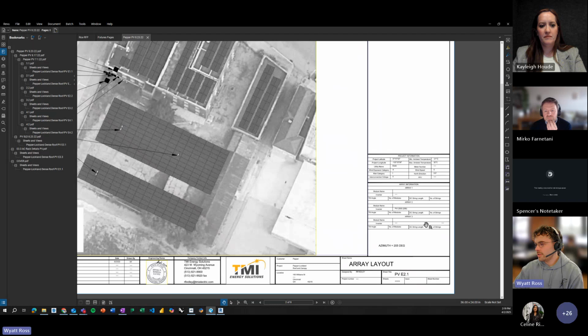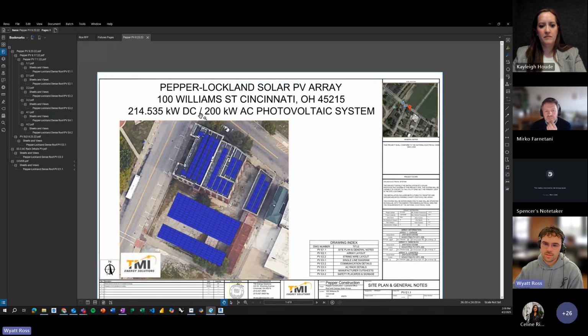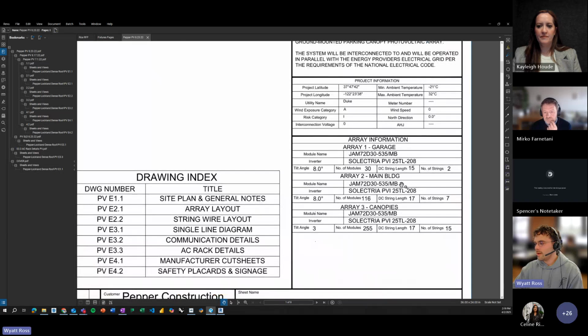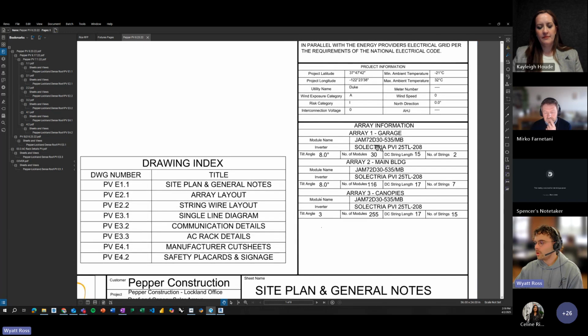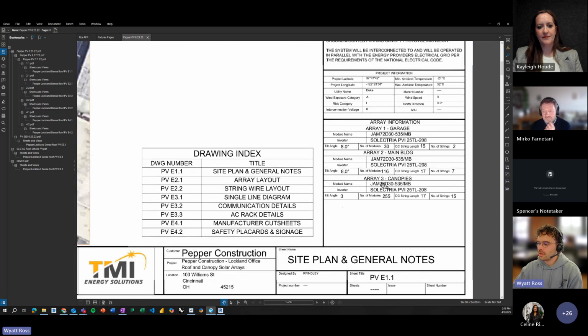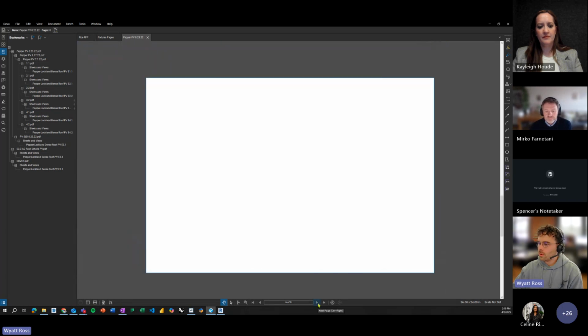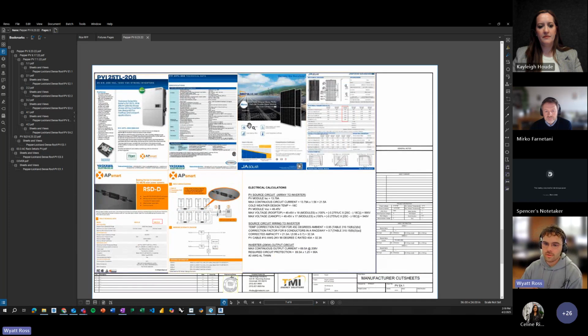So looking in the drawings, in this case, is actually pretty easy. On the very cover, they provide the rated capacity of the system. So this can help you get a takeoff very quickly for the PV array. But they also might provide information on the type of panel, as well as the quantity of modules, the quantity of inverters, etc. So you can see you've got multiple canopies or multiple arrays with different numbers of modules in this case. And then very similarly, you would either find this in submittal information or as part of the contractor's supply package or part of your own design if this is being designed in-house by your electrical engineering team.